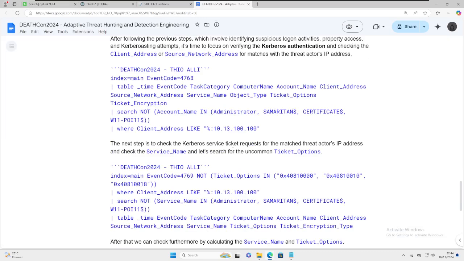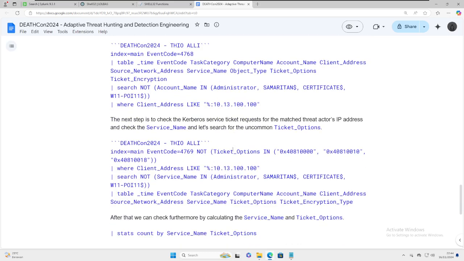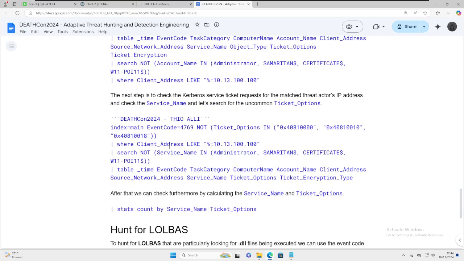After that we can try to check the Kerberos service ticket request to search for the matching IP address, and also check the service name and the ticket option for each account.